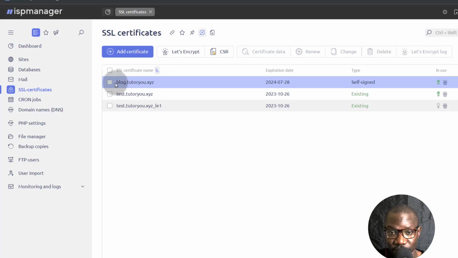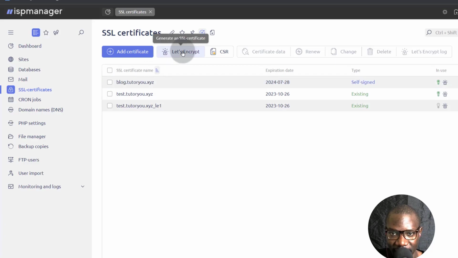So what I'm going to do, I'm going to try to issue another Letsencrypt certificate for this. Don't try to do this many times, because Letsencrypt is going to block your certificate from being generated if you do it after a certain number of times. So that was the first one. Let me just do the second one. I'll just click there on generate